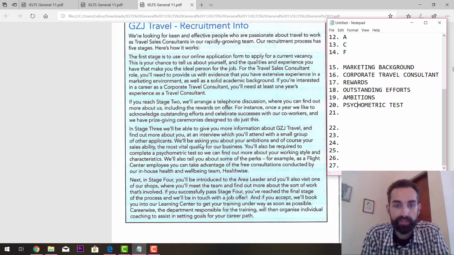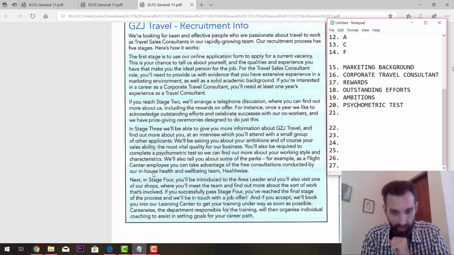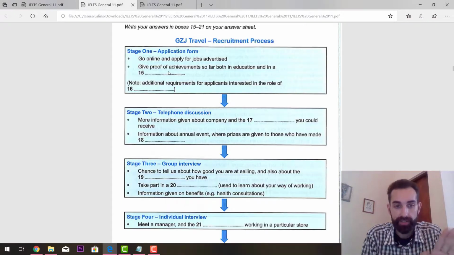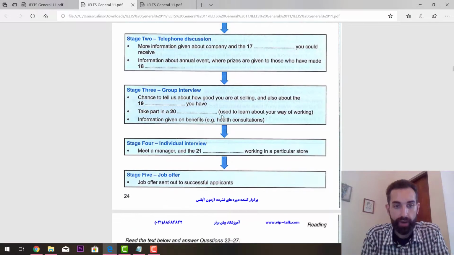Okay, and the rest of it is, we'll also tell you about some of the perks. For example, as a Flight Centre employee, you can take advantage of the free consultations conducted by our in-house health and well-being team, HealthWise. So now that is stage 3 finished. Now we have stage 4,